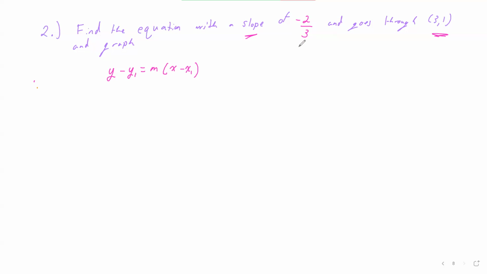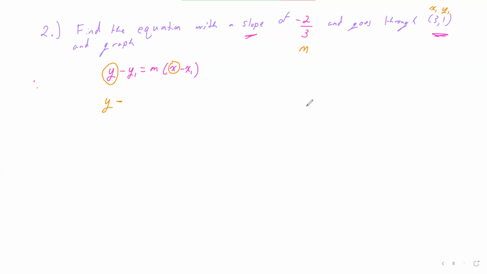My slope represents what letter? M. A coordinate I'm going to label as x1, y1. Do not plug anything into your y or x. Leave them as y and x. And the reason will be so that at the end of the day, I have y equals mx plus b, where all I have is m and b. So what I'm going to do is leave y as y